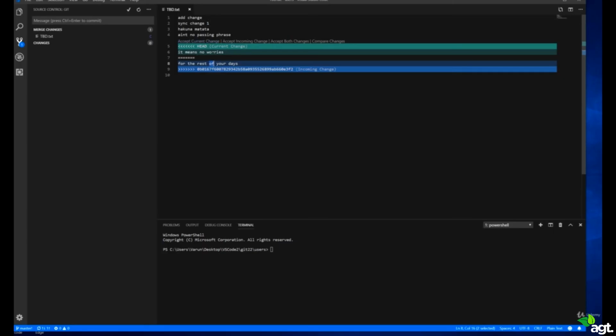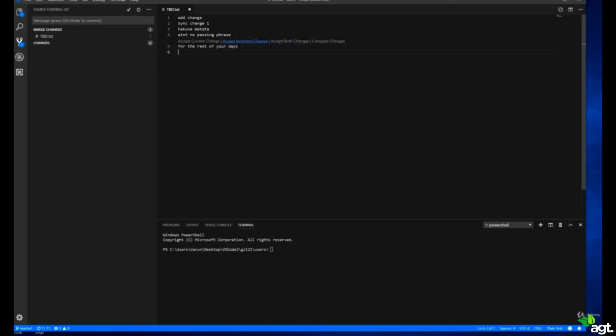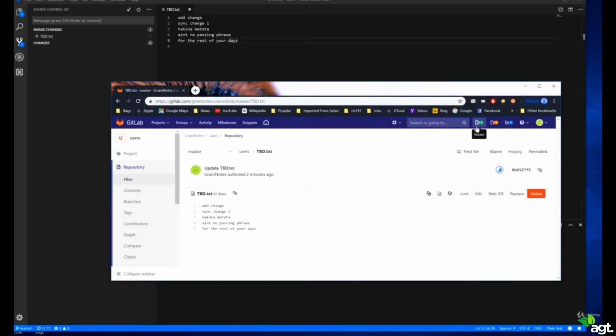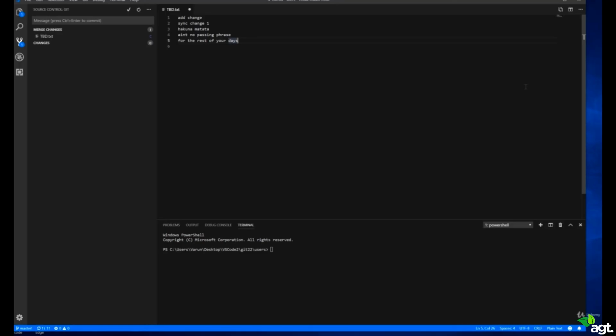Accept current change means the change we made manually in our local staging area, which comes under head. Accept incoming changes is the changes in remote, this one. So let's say for now I want to do this. Right? So now it matches remote. And now that we've resolved the conflict,